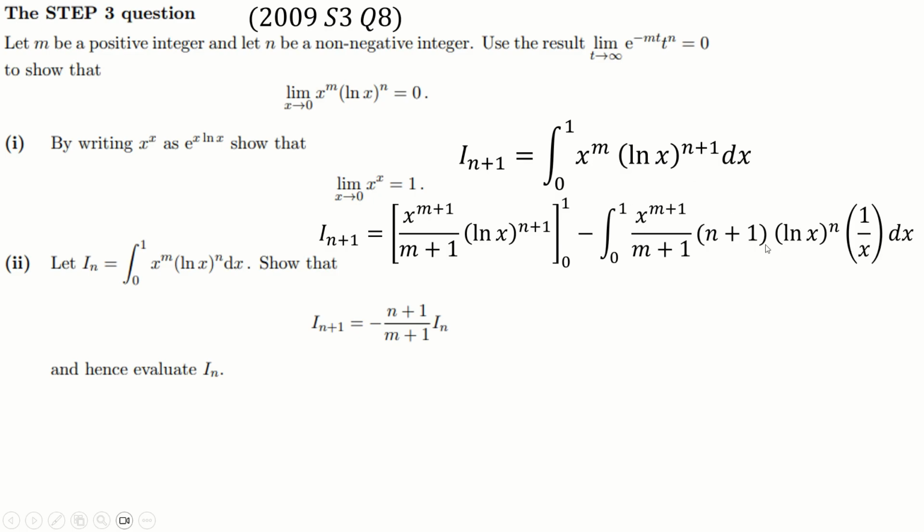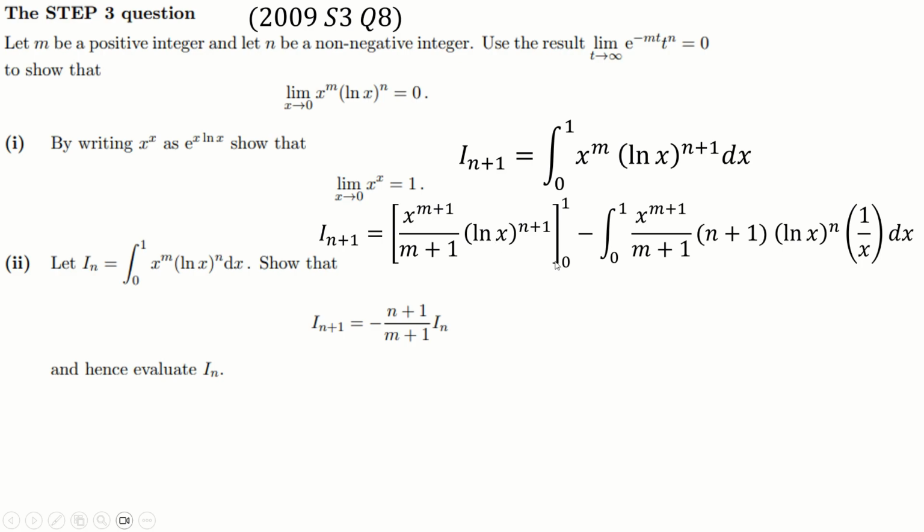If you do integration by parts differently to how I've just explained it, where it just goes integrate, leave alone, differentiate, then go ahead and do it your own way. But this is just how I do it. Of course, this works out nicely because this 1 over x cancels with one of these x's to leave x to the power m. We can factorize out this n plus 1 thing here, which is great, because that's obviously there. Now this here, we need to evaluate. When you put in 1, log of 1 is 0, so the first term goes away. When you put in 0, I believe this is what this proof was for here. We can't really put 0 into log of x, but what we can do is we can say the limit